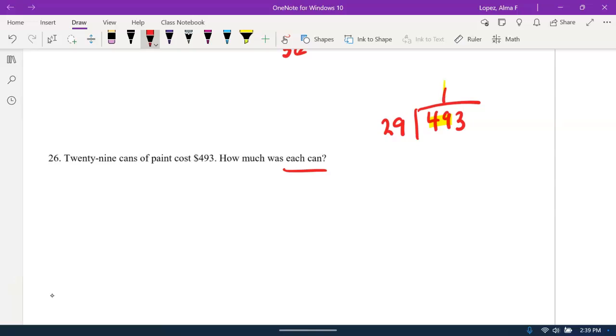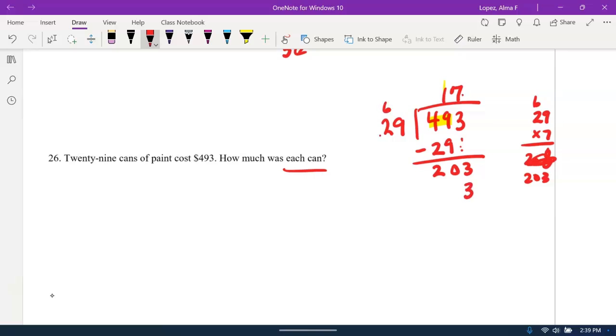1 times 29, or 1 times 9 is 9. 1 times 2 is 2. I tried 2, but it's 58. Doesn't work. Subtract. That's 0. That's 2. Bring the last number down. Now, I went ahead and played with it a little bit before I started with you, and I multiplied it by 7. And I found that 63, that is 203. So that's going to be it. 7. 7 times 9 is 63. And 7 times 2 is 14 plus